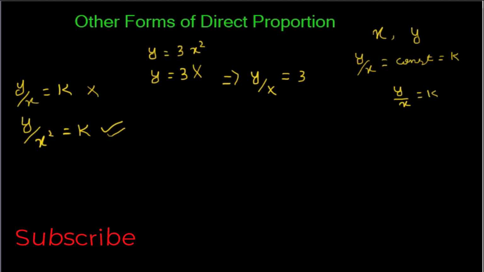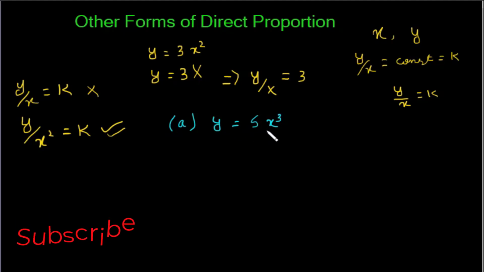Let me take an example of how to identify variables which are directly proportional to each other, for an equation of x and y when they are connected to each other by y is equal to 5 times x cube. We came to know about this thing, and remember that this is capital X, when this X was originally equal to x squared. So to make it work that way, I can make it simple: y divided by x cube,